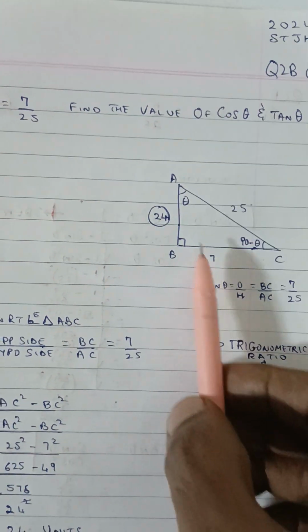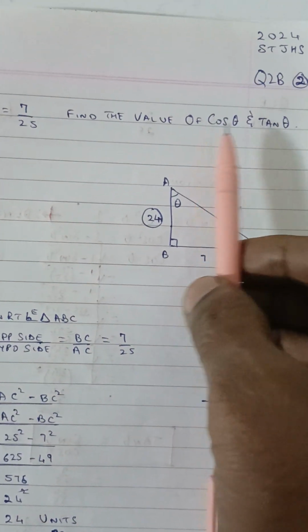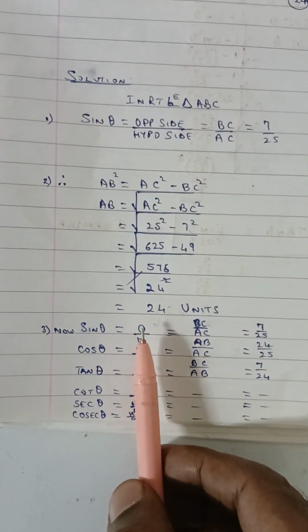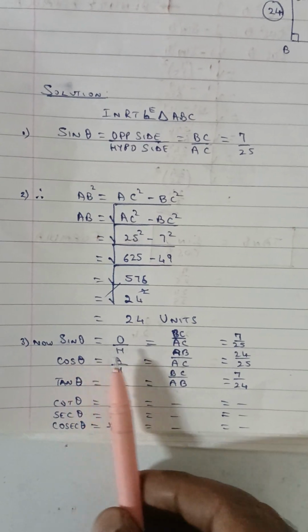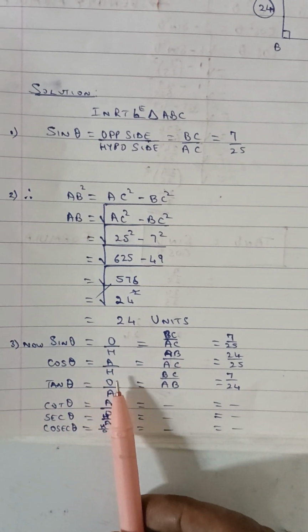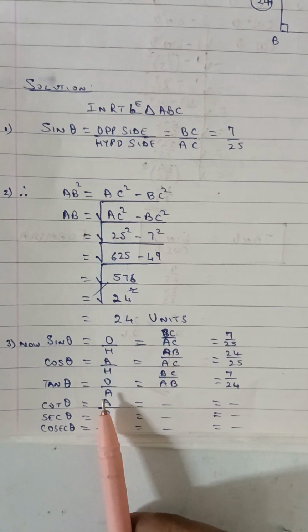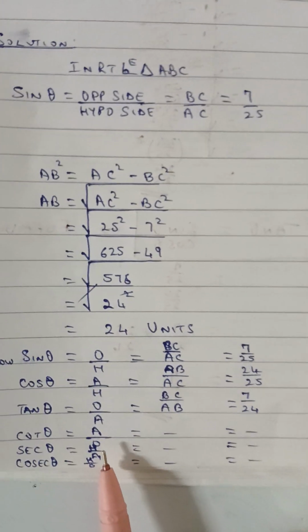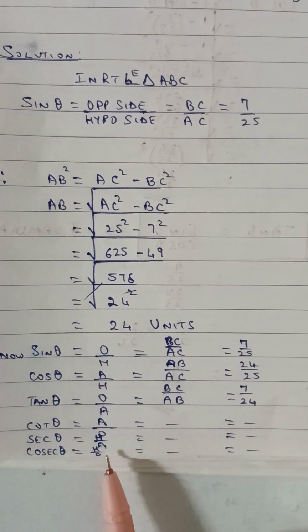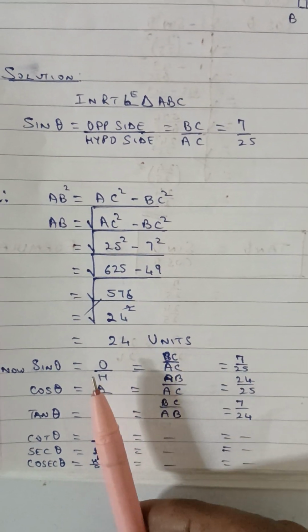Now since I've got all the three sides, I can find all the trigonometric ratios, that is cos and tan is to be found. So sine theta is opposite upon hypotenuse, cos theta is adjacent upon hypotenuse, tan theta is opposite upon adjacent, cot theta is adjacent upon opposite, sec theta is hypotenuse upon adjacent, and cosec theta is hypotenuse upon opposite. Now sin theta is BC upon AC,